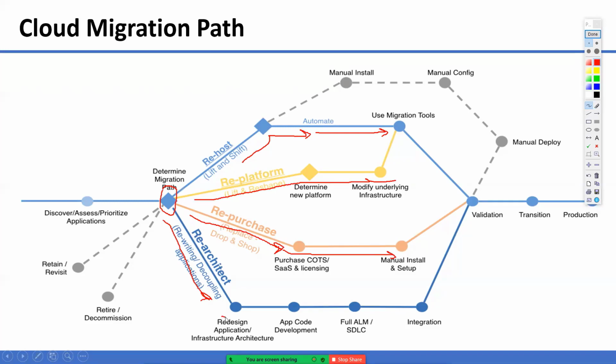You need to invest in redesigning and recoding your application, and follow the full application lifecycle management or SDLC path. Once it is done, you need to do thorough validation and testing before deploying into production.